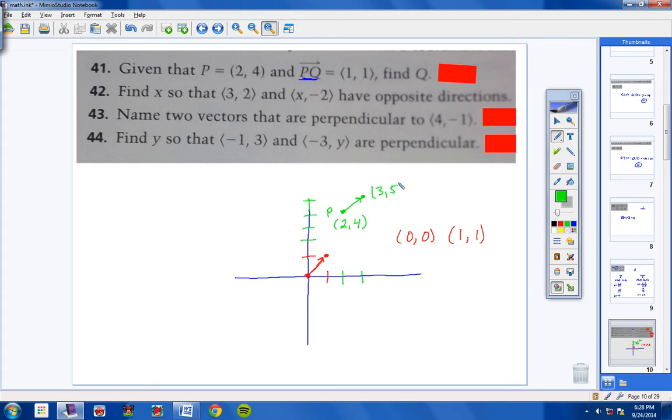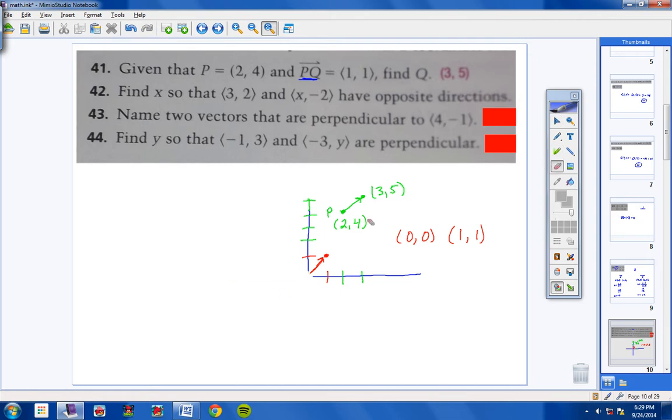How did I know that? Because again, look, when PQ was written in component form, or when it was written as an ordered pair, we know the origin was at 0, 0, and we know that the terminal point was 1, 1. So we know from 0, 0 to 1, 1, 0 plus 1 gave us a 1, 0 plus 1 gave us a 1. Well, it's going to be the same thing for the vector when you move it up here. If the initial point is 2, 4, add 1 to each one, and you get 3, 5. And so the answer is 3, 5. All right, now,